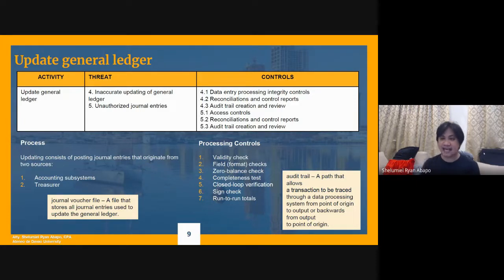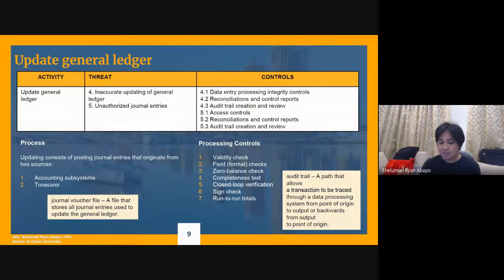The first threat class will be inaccurate updating of the general ledger. Okay? The second one will be the unauthorized journal entries. And both of these threats can lead now to poor decision making based on erroneous information and subsequently in an erroneous reflection or reporting of your financial performance. Okay? Now,